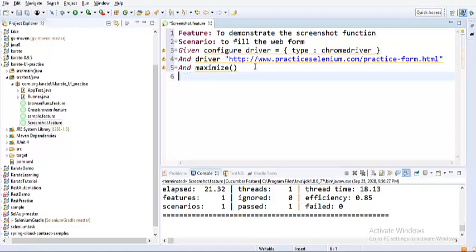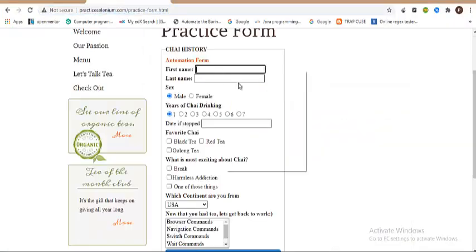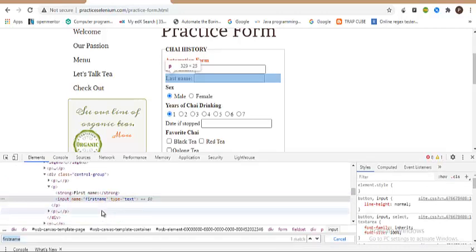And now after getting into that particular form, I would like to do a couple of actions. So let me identify this first name. Let me quickly send keys to this particular field. I think I can write a quick XPath here.